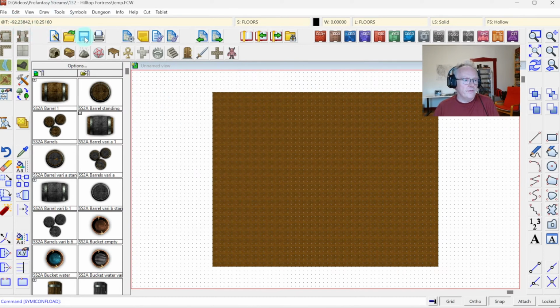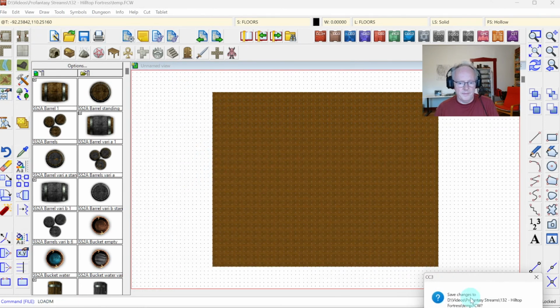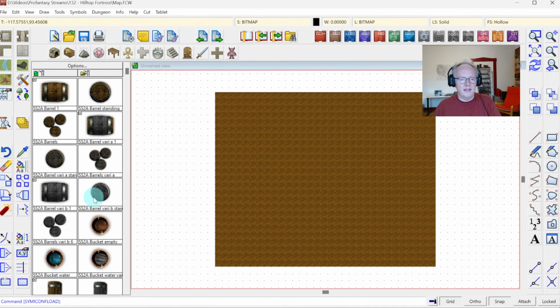Okay, but as I said, I've already prepared a map a little bit. It's this one here, and it's just basically that I've set it to the correct size that I need already, so I don't need to do the rescaling here during the session, because I've done that several times before. What I wanted to add is a bitmap background, basically a sketch that I can base my map on, because I want to create a battle map of